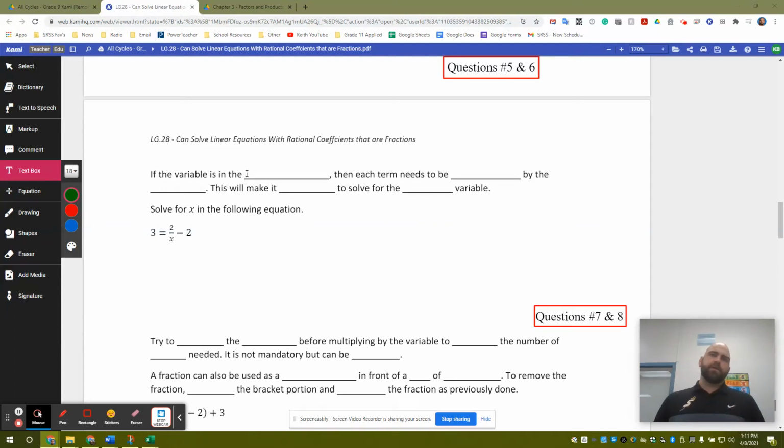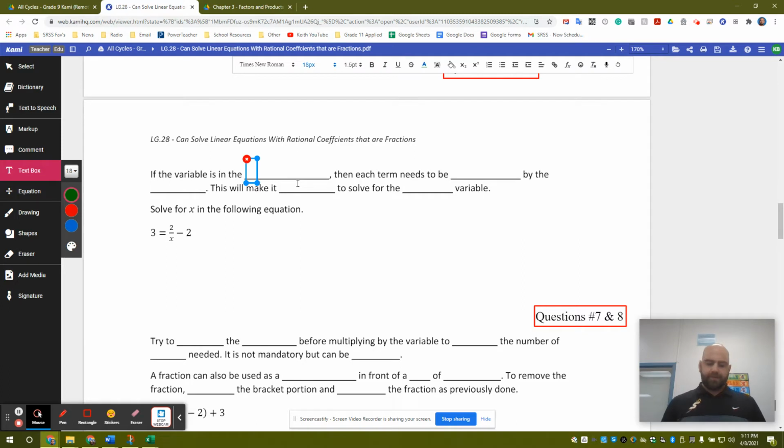Now, here's another scenario where we might have a little bit of an issue. If the variable is in the denominator, we need to get it out of the denominator. To solve for a variable, it always has to be in the numerator. It can never be in the denominator. So what we need to do is each term needs to be multiplied